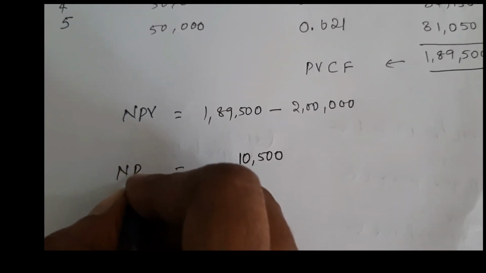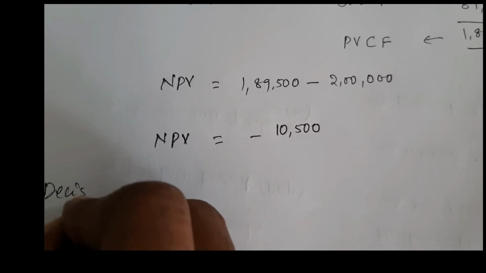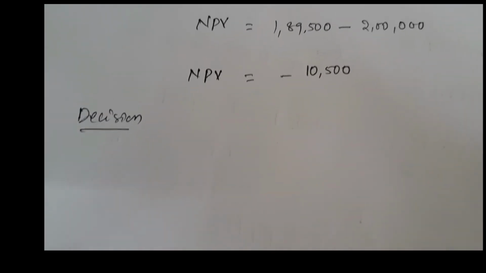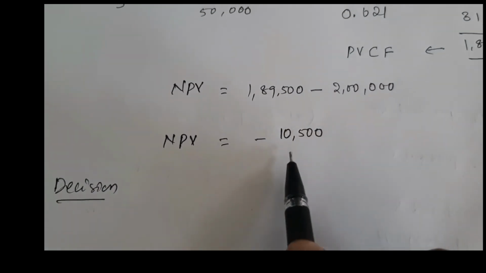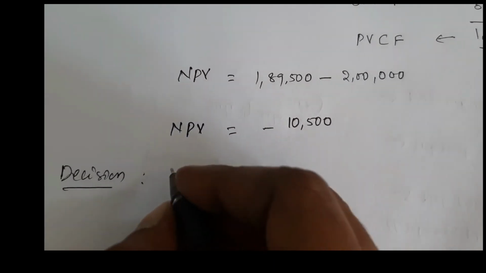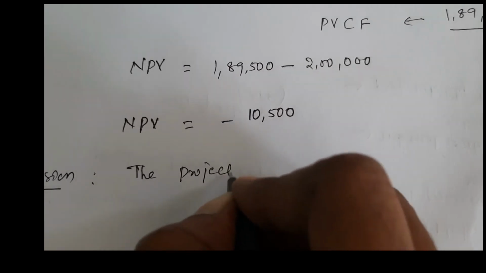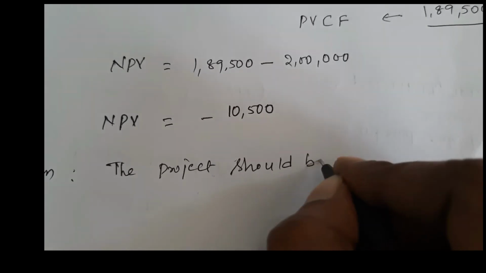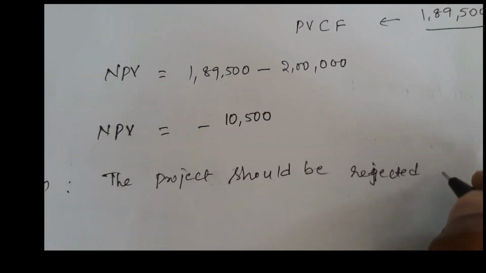As the NPV is negative, according to the decision criteria, the project with positive NPV should be accepted and the project with negative NPV should be rejected. As we got a negative NPV here, you can say that the proposed project should be rejected